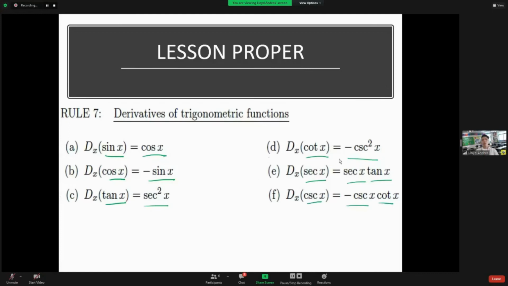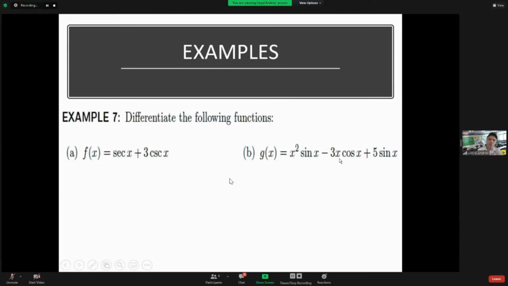Again, you should familiarize, or better yet memorize these, so you don't keep looking them up. But at the start, you can look at a copy. So how will you apply this one? Let's have some examples. First,